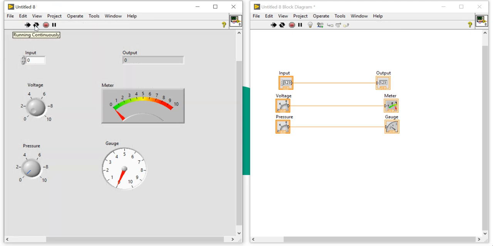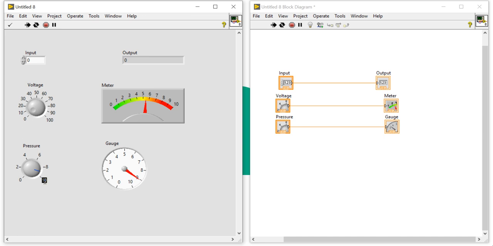Now here I am going to run. I am going to change the value. You can see here. If you have one question, sir, the range is only 0 to 10, but I want to change it to 0 to 100, so no need to worry. Just double click on this 10 and write here 100.